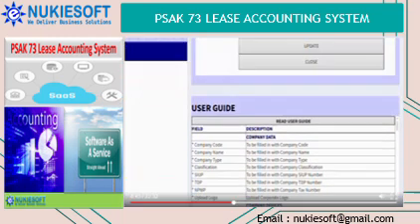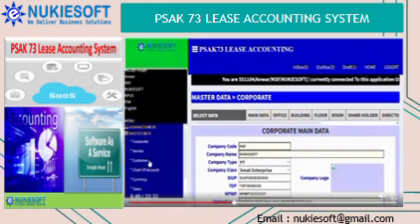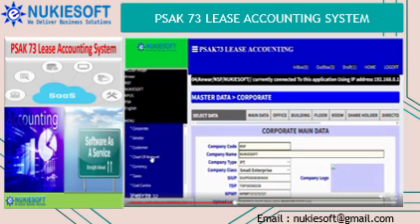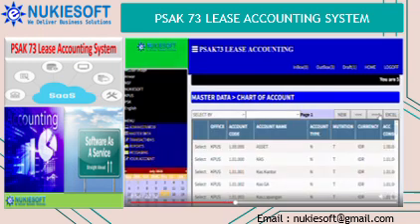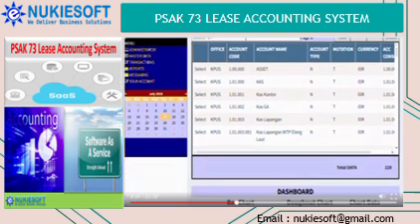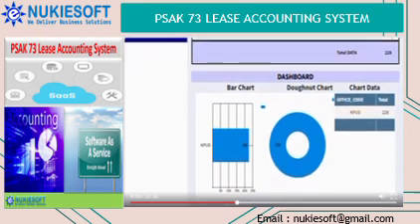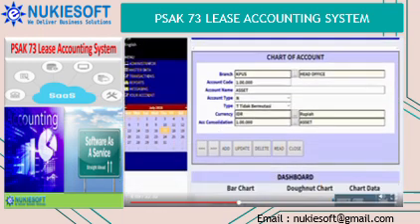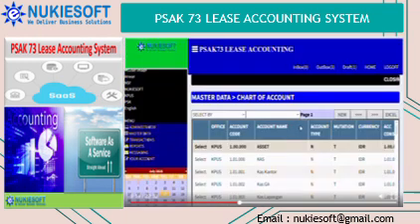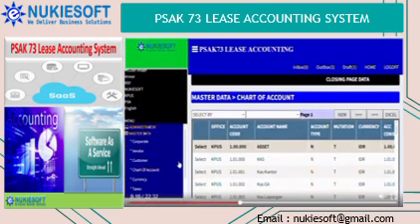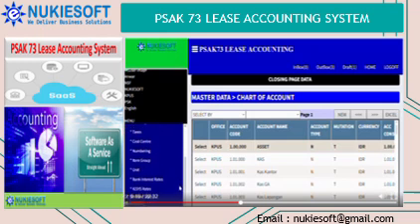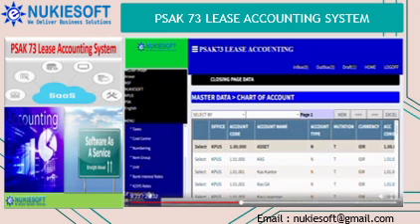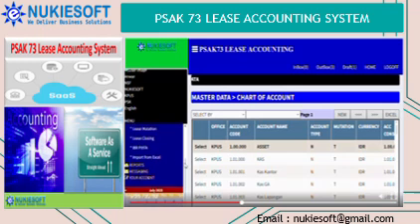Lessee accounting. Initial recognition and measurement. The new lessee accounting model within PSAK 73 is the most important change to current guidance. Under PSAK 73, lessees will no longer distinguish between finance lease contracts, on balance sheet, and operating lease contracts, off balance sheet, but they are required to recognize a right of use asset and a corresponding lease liability for almost all lease contracts. This is based on the principle that, in economic terms, a lease contract is the acquisition of a right to use an underlying asset with the purchase price paid in installments.